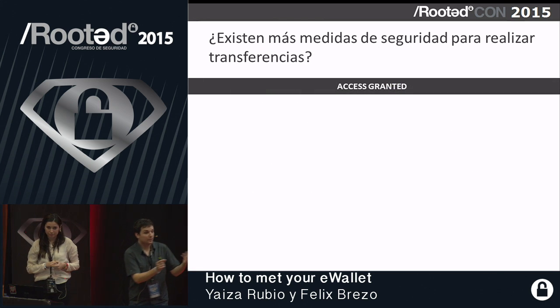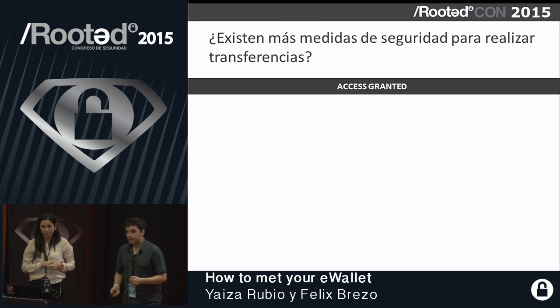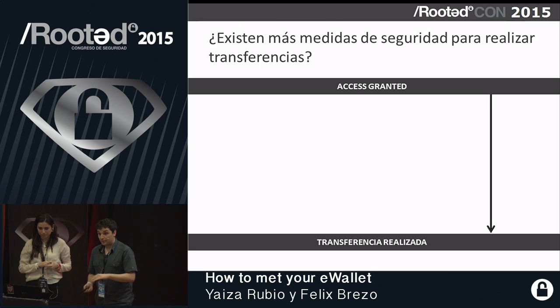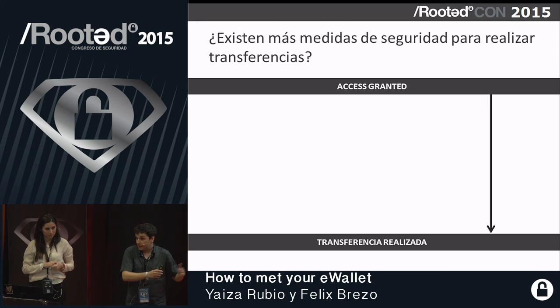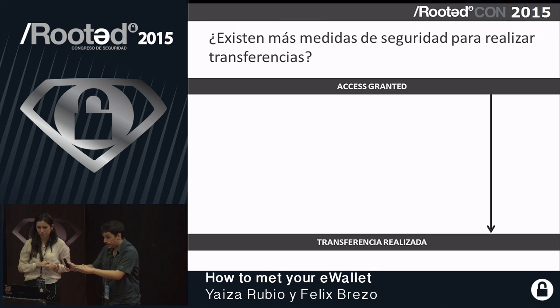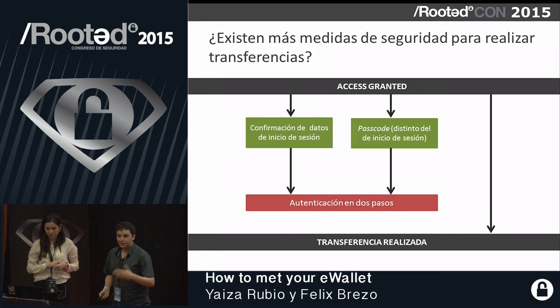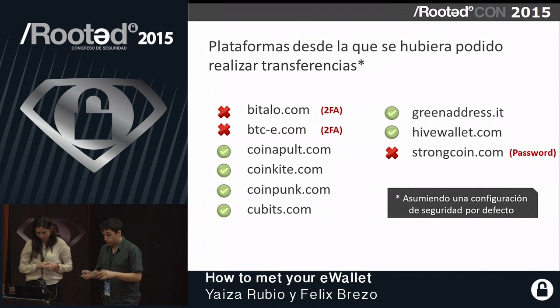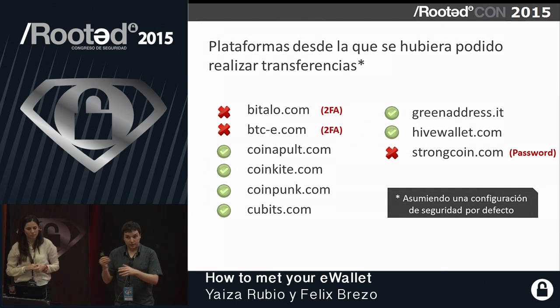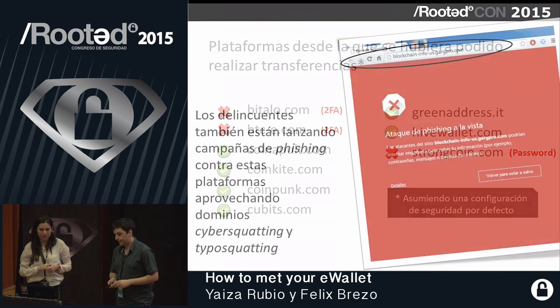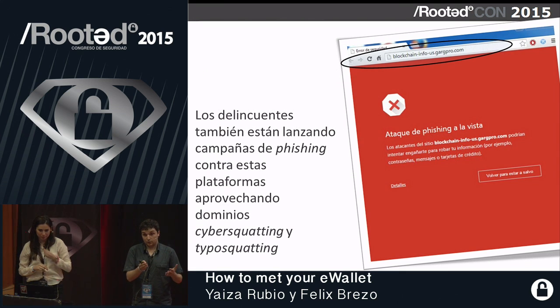Sometimes when you want to make transfers, they require additional information such as PIN numbers, or you receive an SMS with a code. So some of these platforms that we access only with the password, if it is stolen through a generic botnet, we could have made our transaction. However, others had higher security levels, and that would not allow us to carry out a generic attack. Still, we have a list that included platforms where only with generic or default information we could have been attacked. Right, and attackers also know about that.